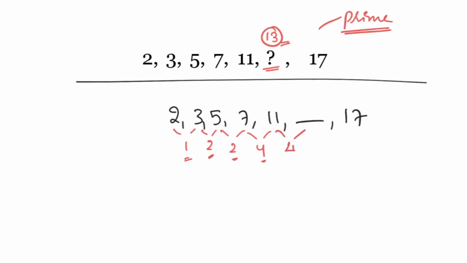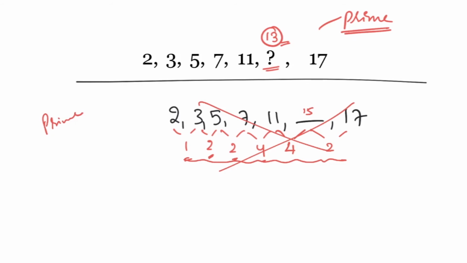Possibly it is 4. If it is 4, 11 plus 4 is 15. 15, 17, difference is 2. There is no pattern in differences, so you cannot use this logic. So whenever a prime numbers series is given, you cannot find using differences. Difference method doesn't work. So remember prime numbers at least up to 100.